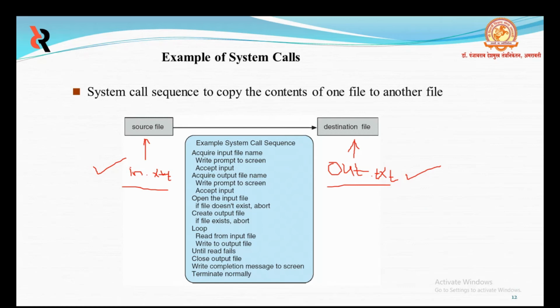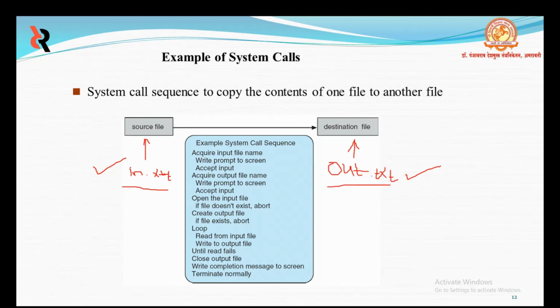If the input file exists, then we must create a new output file. For creating, we require another system call. For displaying output, we require another system call. We may find that there is already an output file with the same name. In this situation, the program may abort. Whenever such a condition occurs, we require a system call. We may delete the existing file. Again, we are performing another operation regarding the hardware, that is, the file is stored in the hard disk drive. So again, we require a system call.